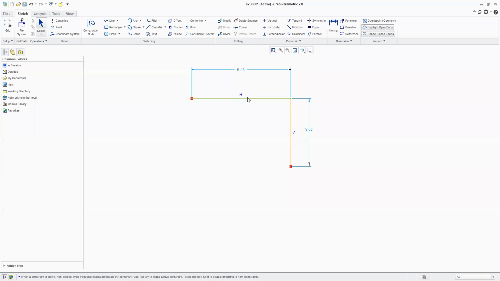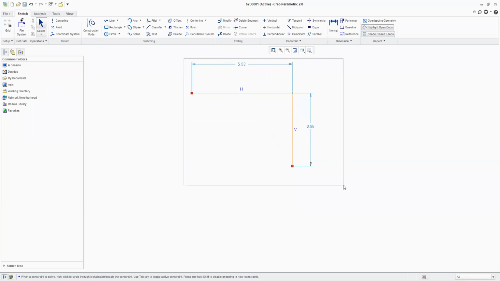For this line, it has taken horizontal constraint, and for this line, it has taken vertical constraint. So if I shift, this line will always remain horizontal, while this line is always going to remain vertical. So we have learned two constraints. One is horizontal, the other is vertical.